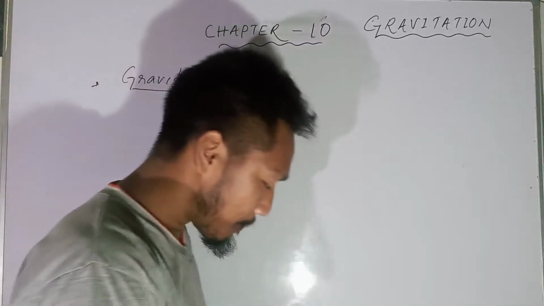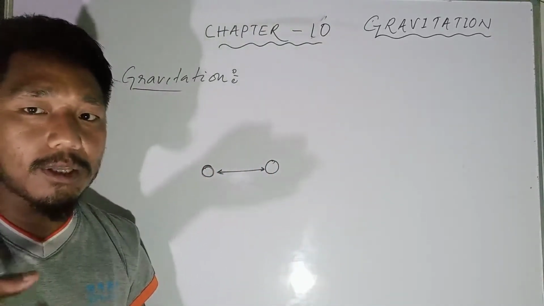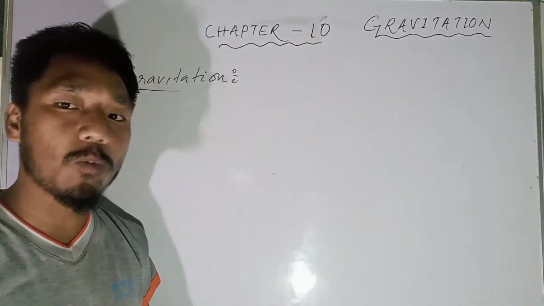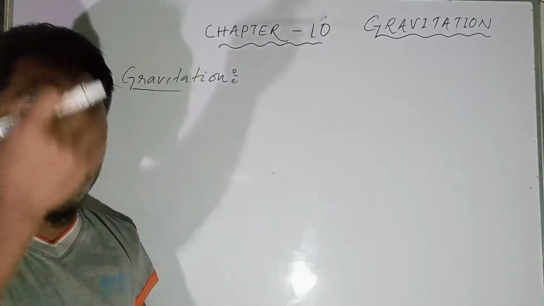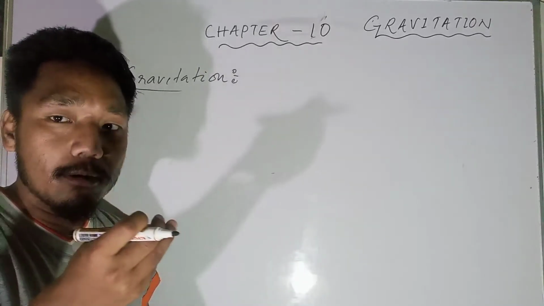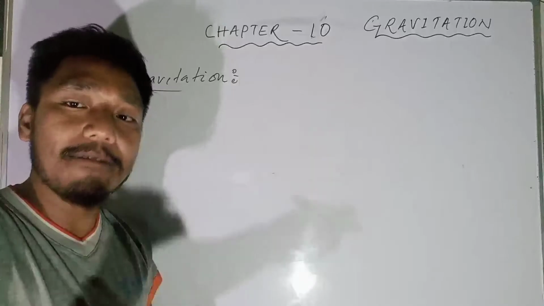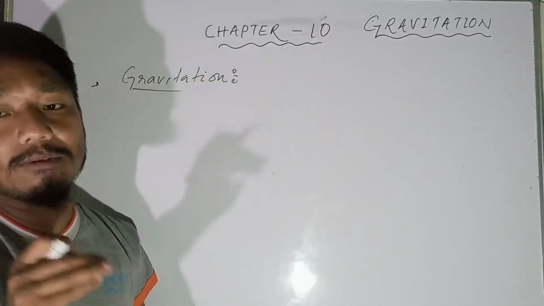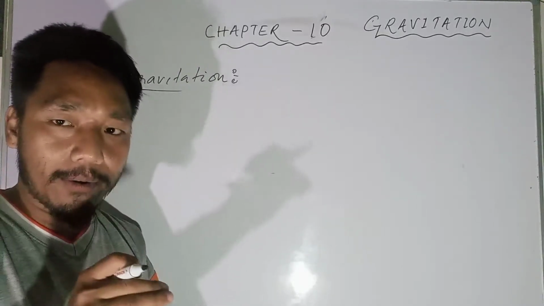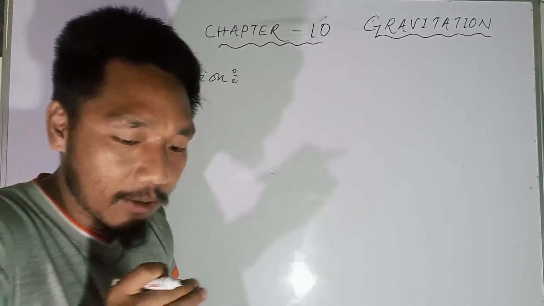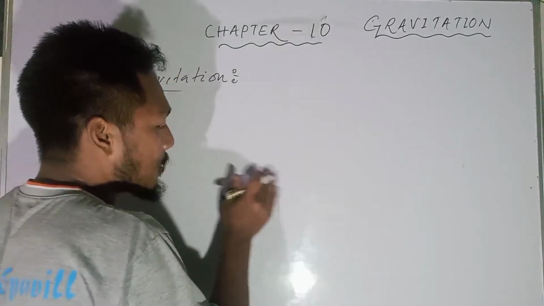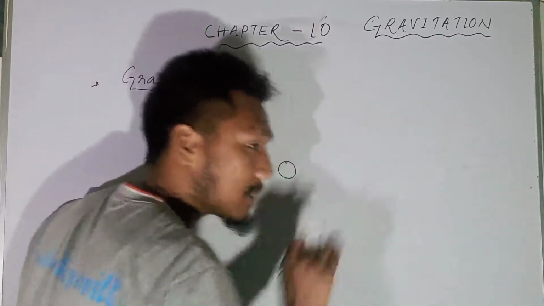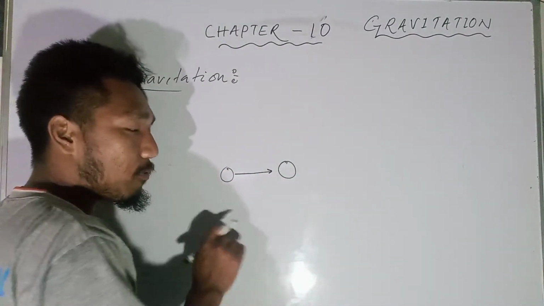Now we'll go back to the first point, about the apple. When Isaac Newton was sitting, whenever the apple fell, the apple also exerted the same force on the earth. In order to understand it, let's see: the moon is attracting a force or not? That is why the moon is not falling towards the earth.